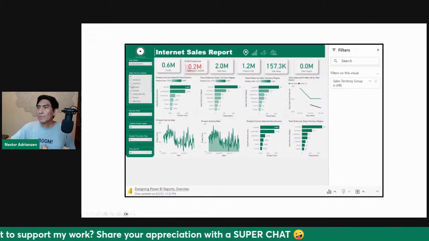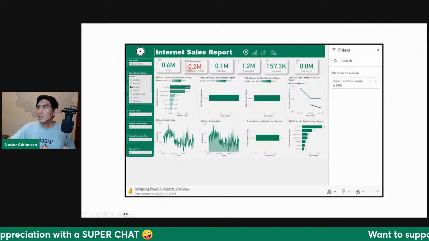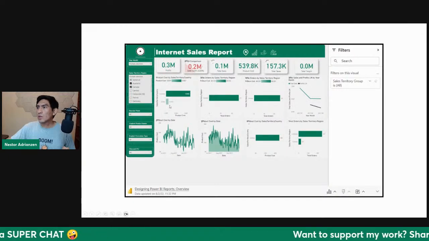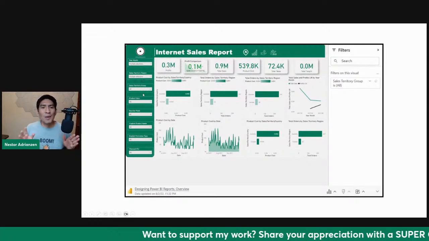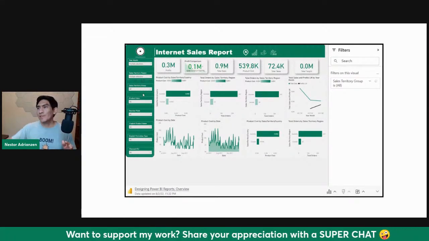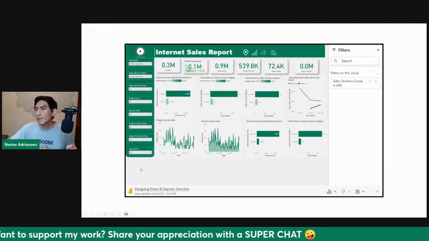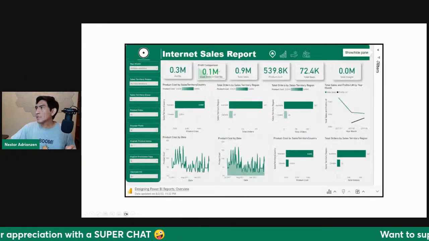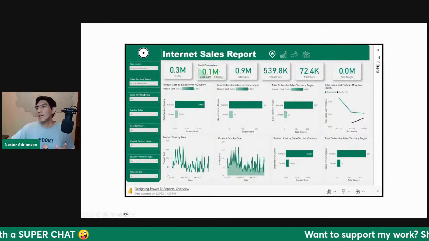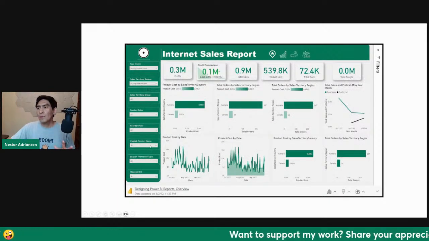How about Canada and Australia? So it's working, right? And everything here is happening in PowerPoint, my friends. That's awesome, right? And then you can also hide this if you want, so you have more space there.